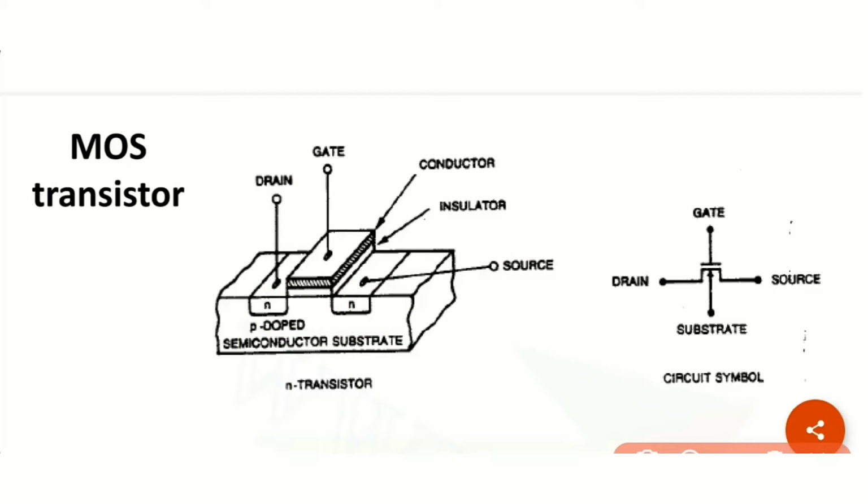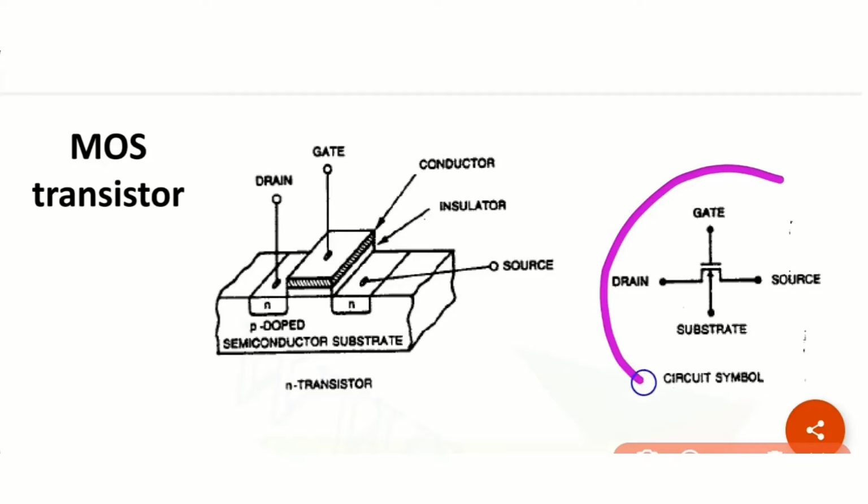Clear? This source and the drain, they are isolated from one another, and the connections to source and drain are made by deposited metal layers. And another thing is the capability for establishing and controlling a current between the source and the drain is achieved in two ways, giving rise to E mode and D mode transistors. So E is your enhancement mode and D stands for depletion mode transistors. So there will be two types, E and D mode.